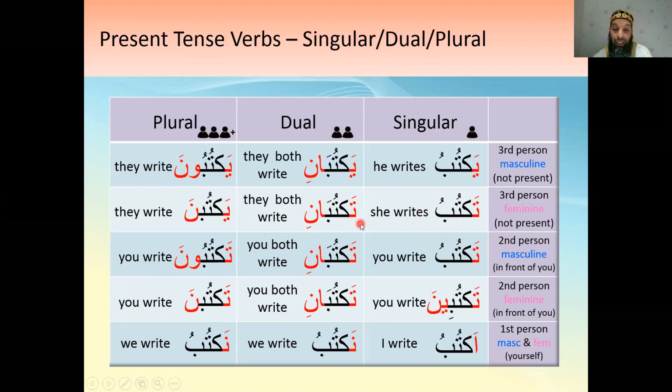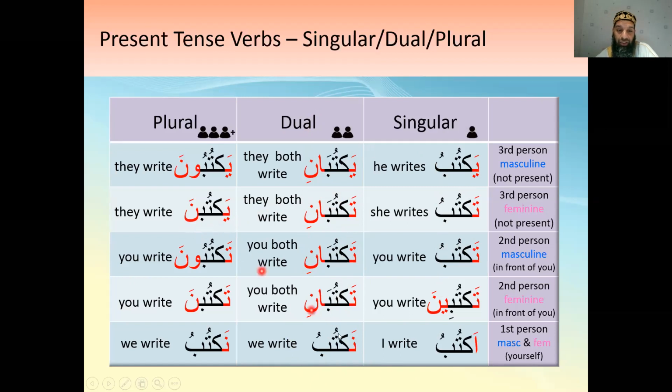Right? Taktubani is the same as this one, and it's the same as this one. These three are all the same. Taktubani, taktubani, taktubani. One of them. Again, duals aren't so important. So if you're struggling to register this table, even if you were to drop the duals, you'll still get a good benefit, but you won't get a good mark in your test, right? So taktubani, and then look at this last one,